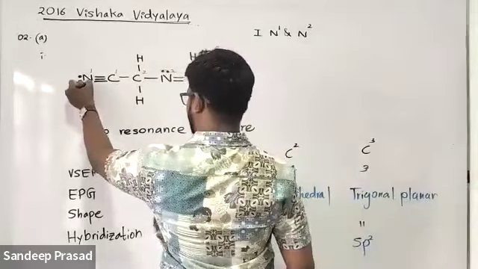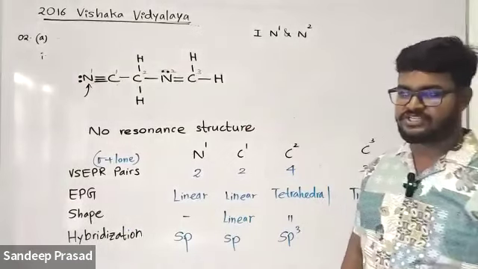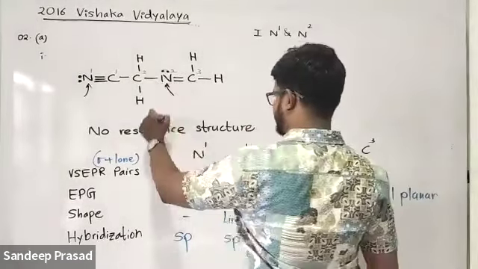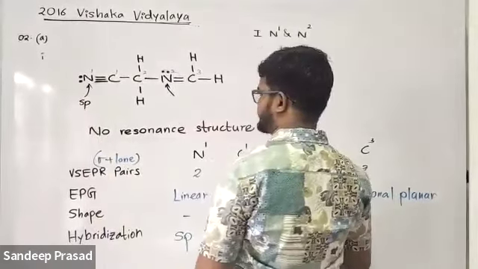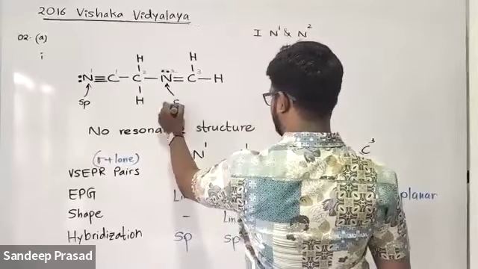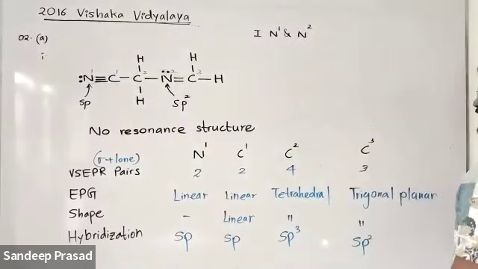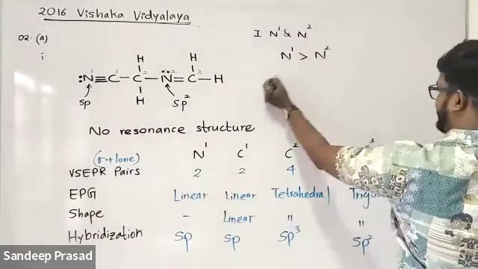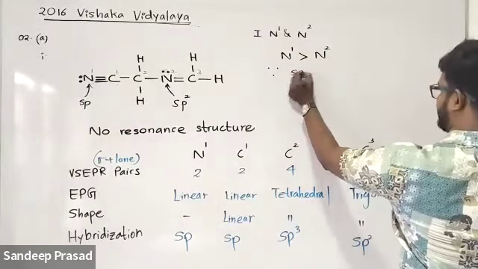We know that electronegativity depends on four factors: hybridization, formal charge, oxidation state, and the surrounding atoms. When s character increases, electronegativity increases. Here we can see sp hybridization in the first nitrogen atom, and here sp2 hybridization. So who is the most electronegative atom here? The first nitrogen atom, right? We can tell that because of sp hybridization